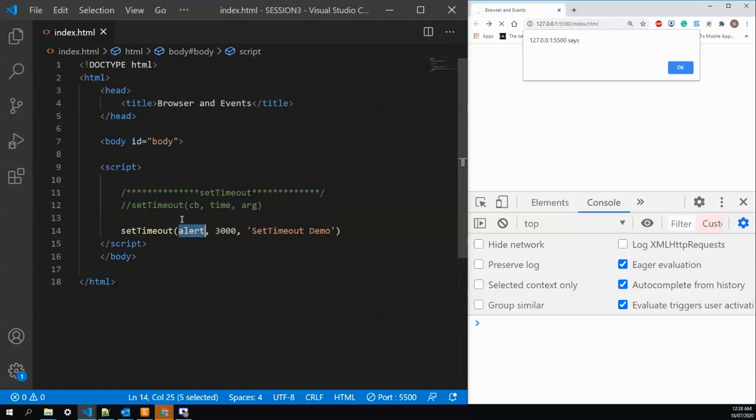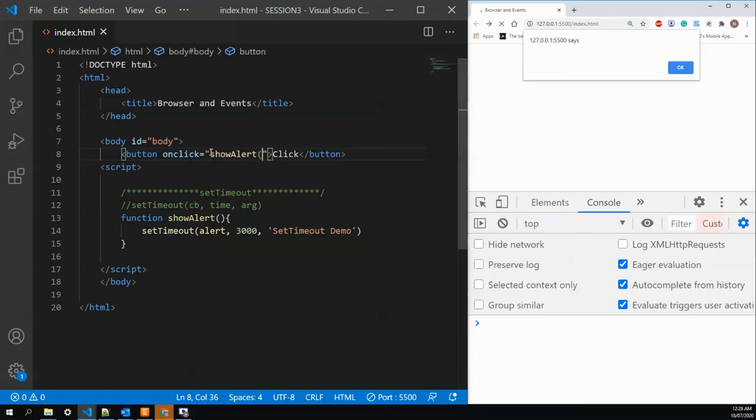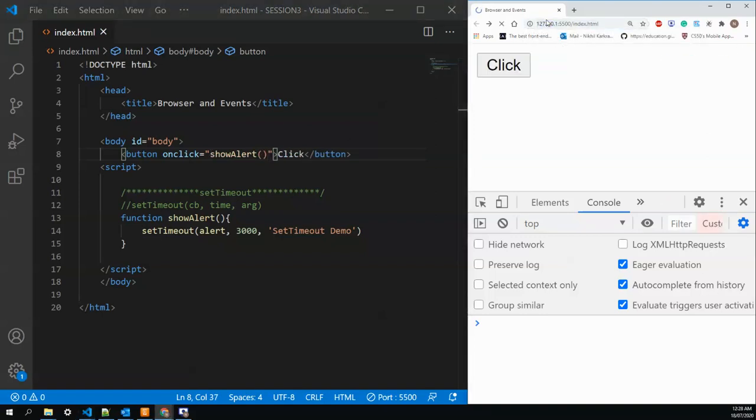And it's better we create the button as well. On click of the button, we'll try to trigger this alert. On click, create a function called showAlert. I'll move this setTimeout inside the showAlert. On this, I'll refresh the browser now. Now we have the click button on the screen. So if I click on it, it shows me the alert after